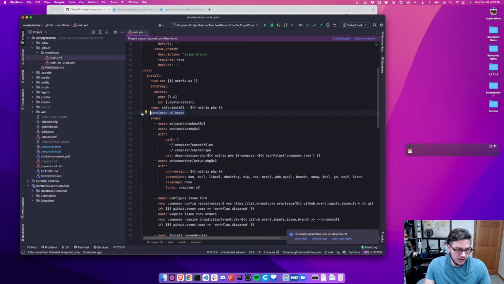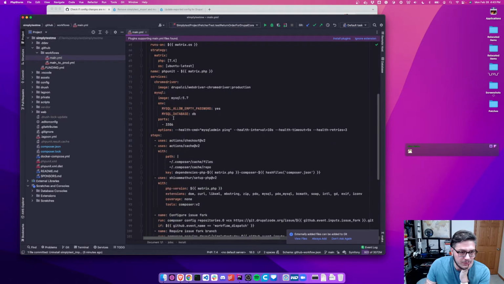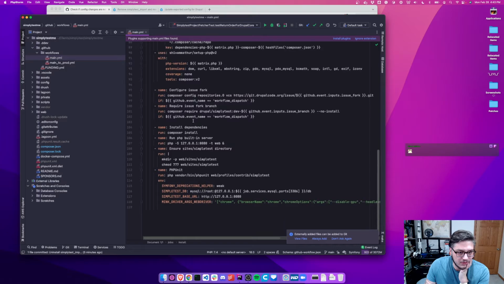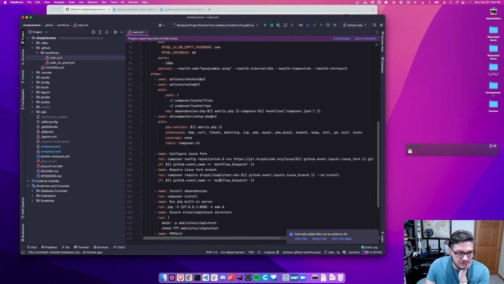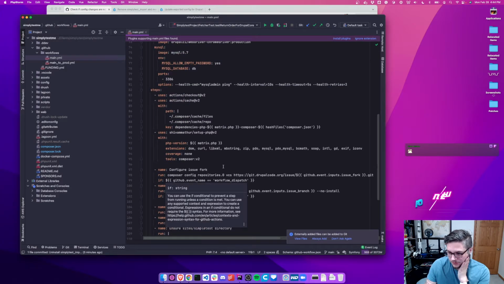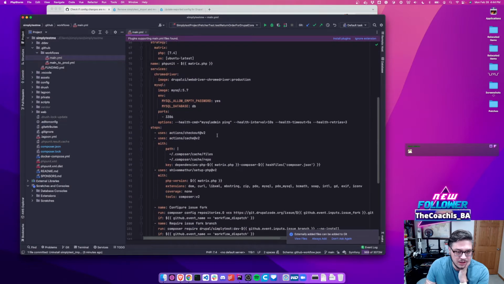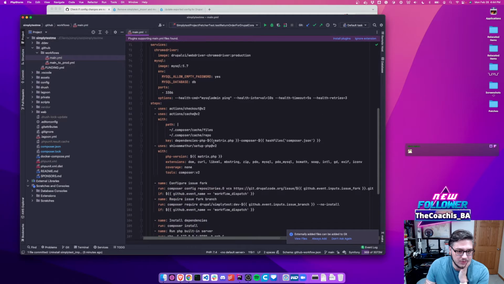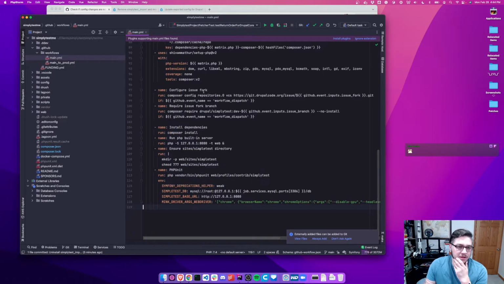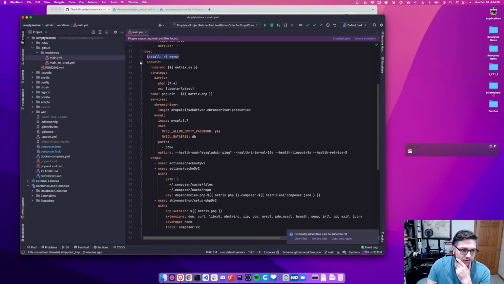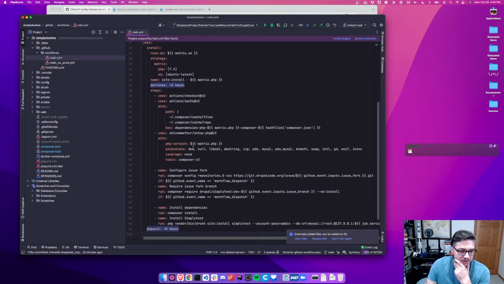which could be, let's see, the install, then PHPUnit, which means we've got to duplicate this all over again, kind of, because we want to compose it, copy the issue fork, set up MySQL, and run the install. We need to do a blend, actually. So what I need to do is more so copy this install,